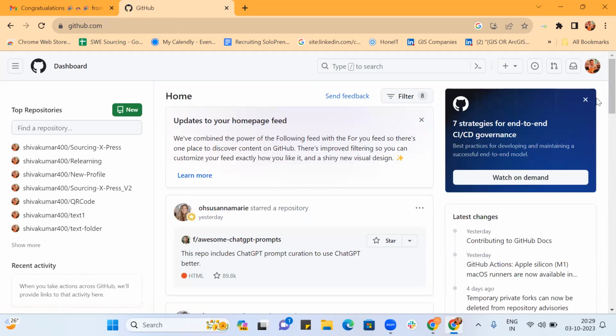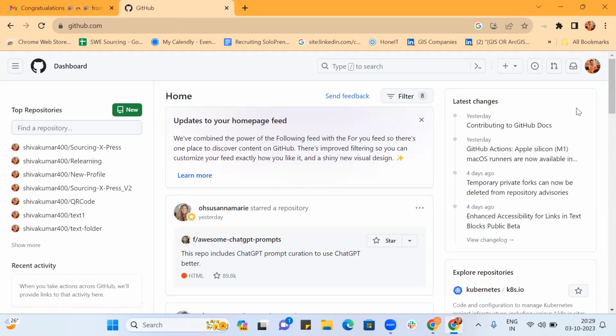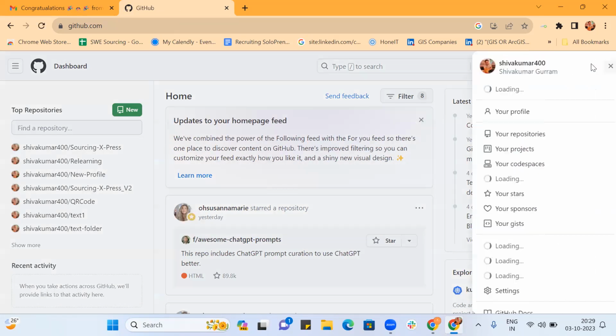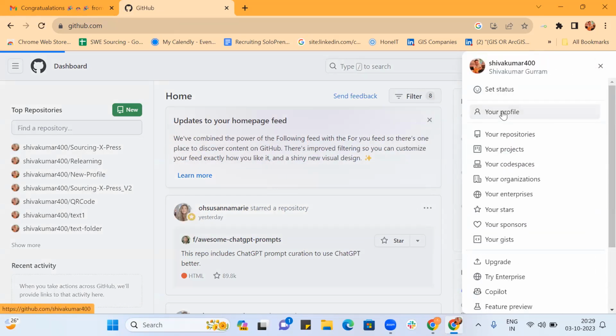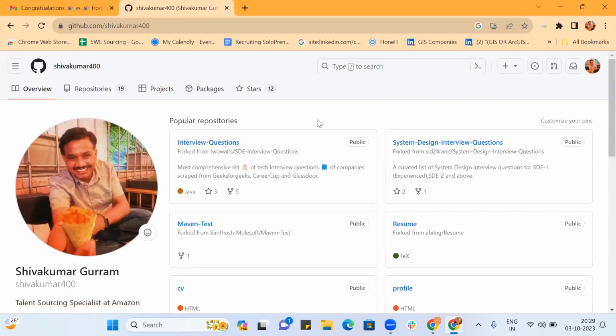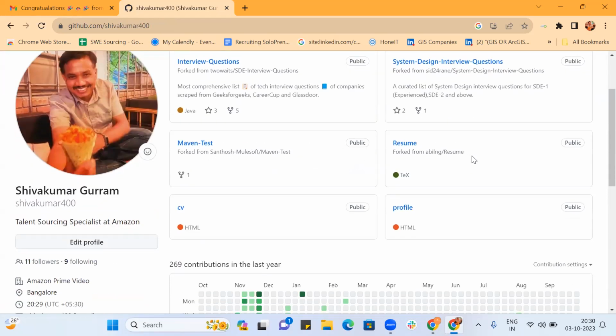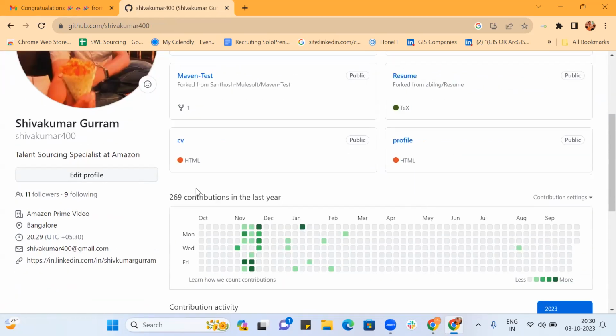So I'm on my GitHub, and here on every single GitHub page we'll be able to see my profile. On any candidate's GitHub page, we'll be able to see overview, repositories, projects, packages, and stars. All these popular repositories like interview questions, system design interview questions, or resume, profile, CV,